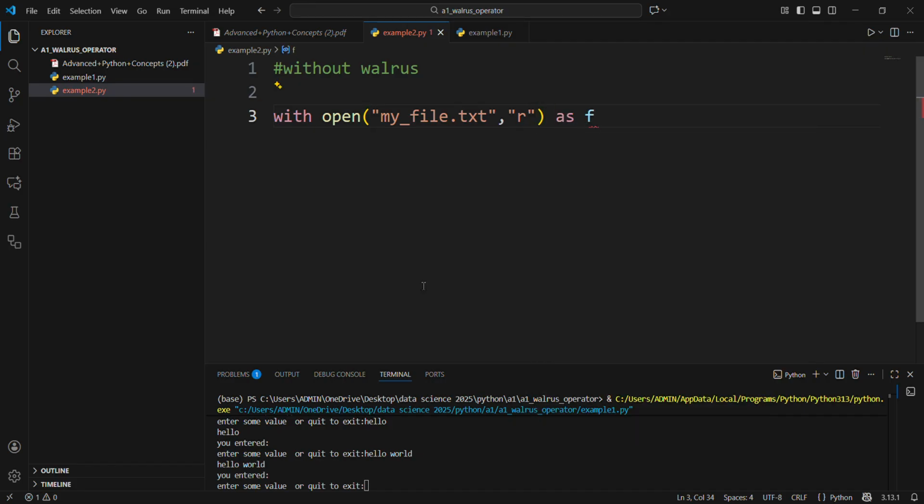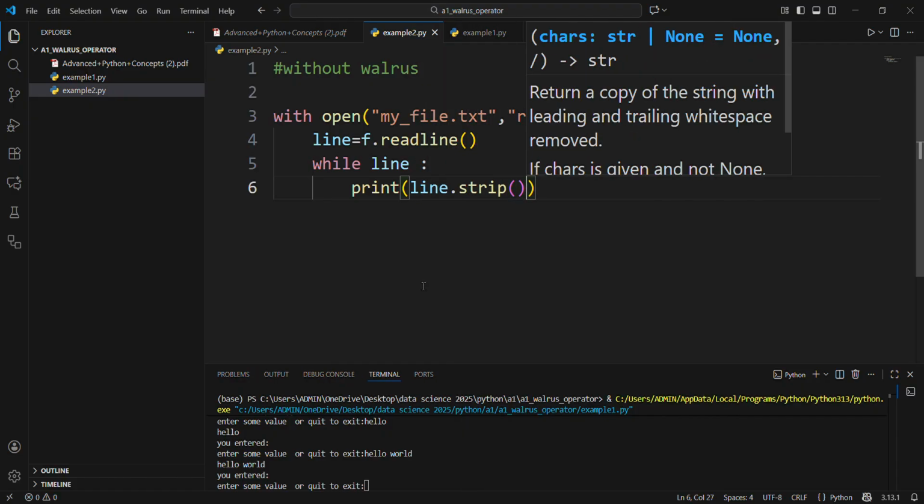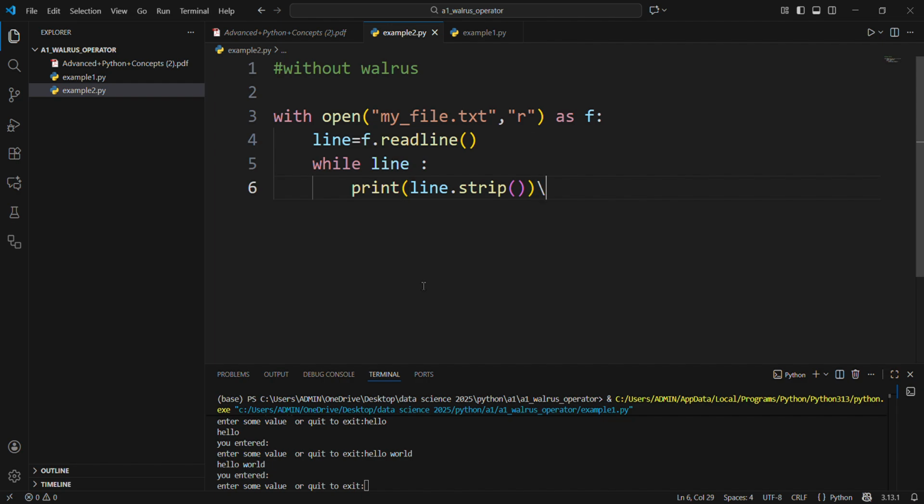I might get an error, but let's see. line = f.readline(), while line, print line.strip(). This is the basic program that you have created right now, and line = f.readline() again. I am calling it like that, as simple as that. So when I run this program